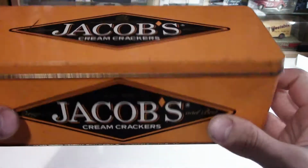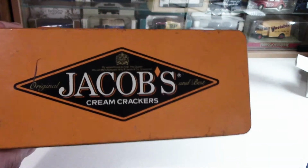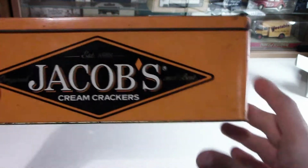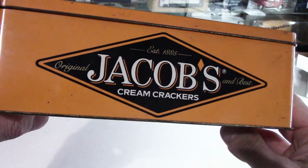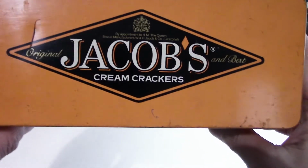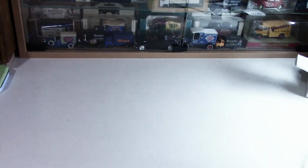Okay, so the logo really, to be honest, hasn't really changed much. I mean, tins previous to this, it's a different logo. If you do a search on Google, you'll see that, but with today's one, it's very similar. I don't know about the recipe, whether they've kept it the same, because like most things have been altered now to save money. So that's the first one. Okay, then we move on to